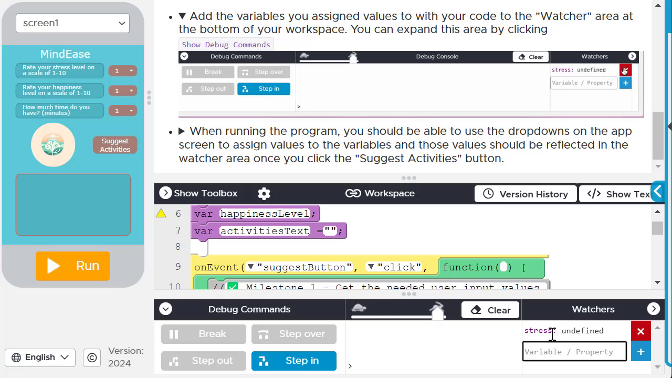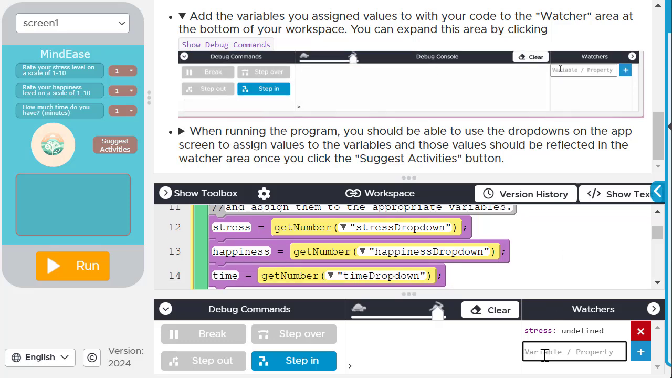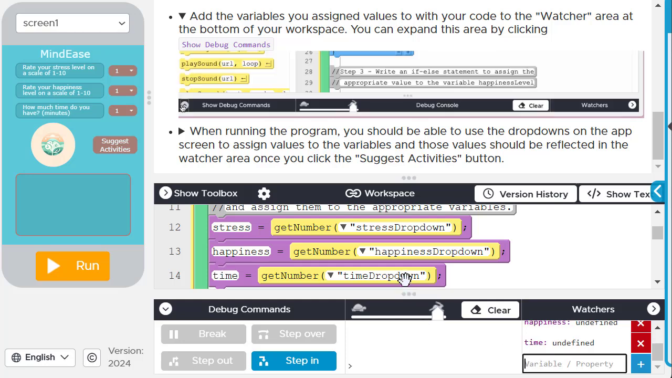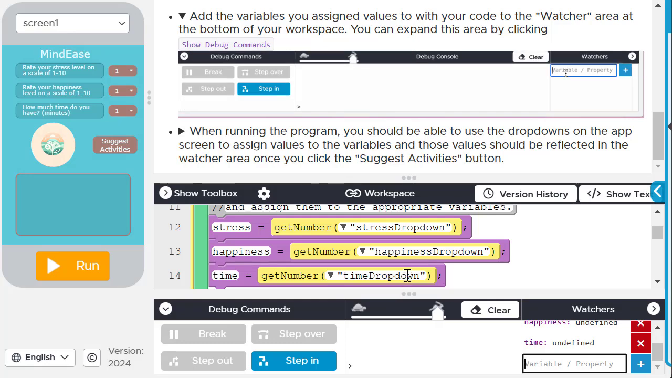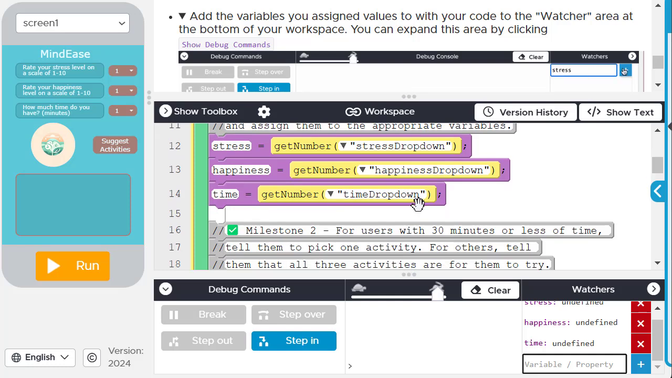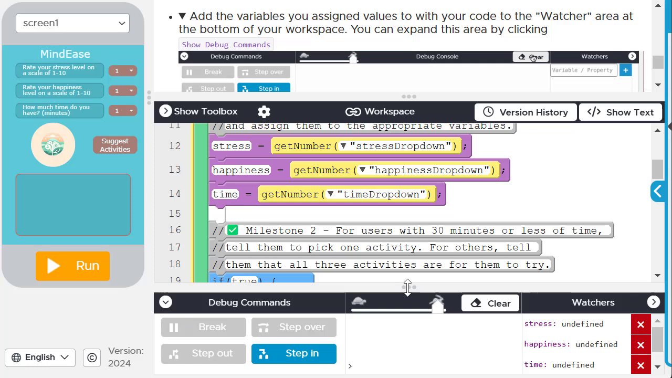And then what were our other ones? Happiness and time. Okay, so I'm going to pull that up so I can see all three. Maybe I need to pull that up a little bit. These three little dots allow you to resize the windows a little bit. Okay, so